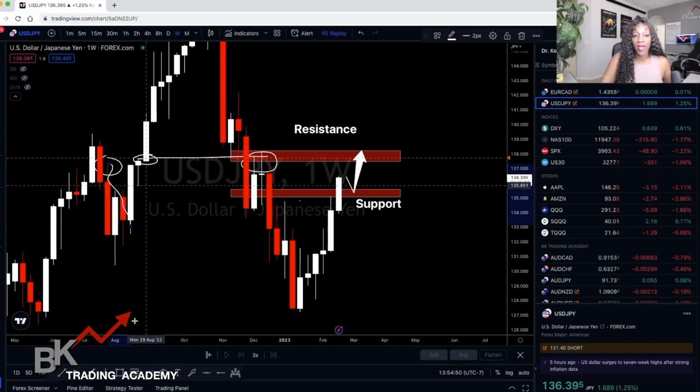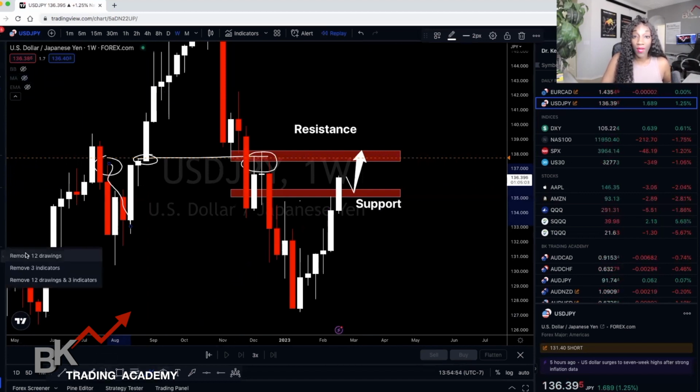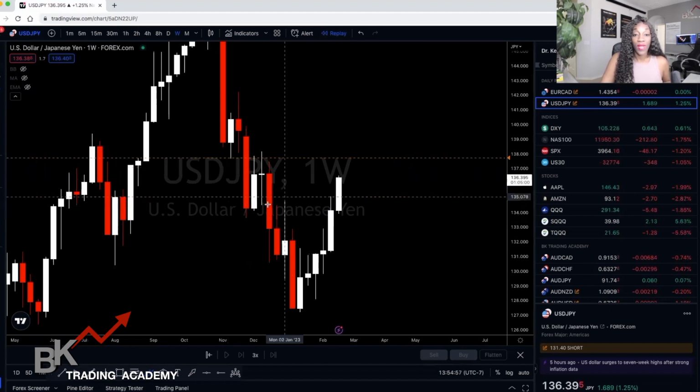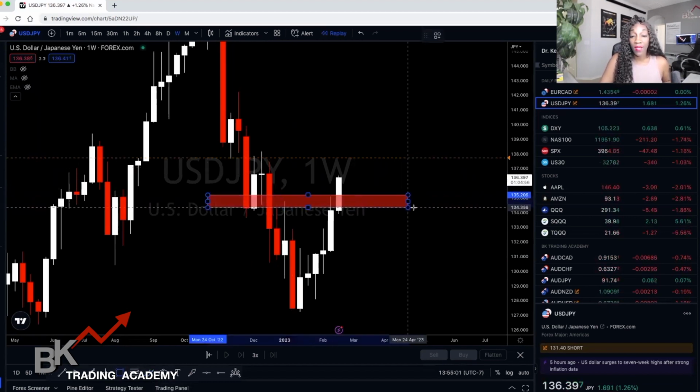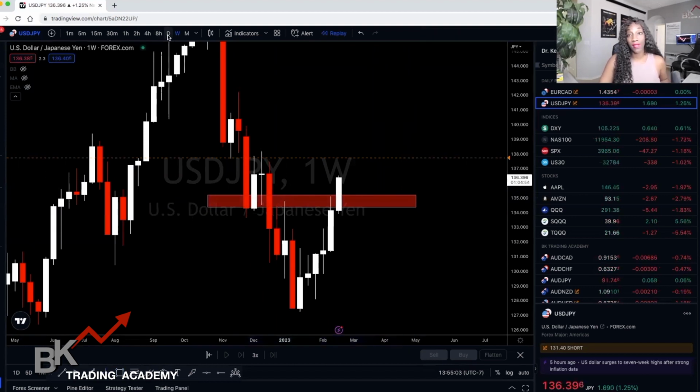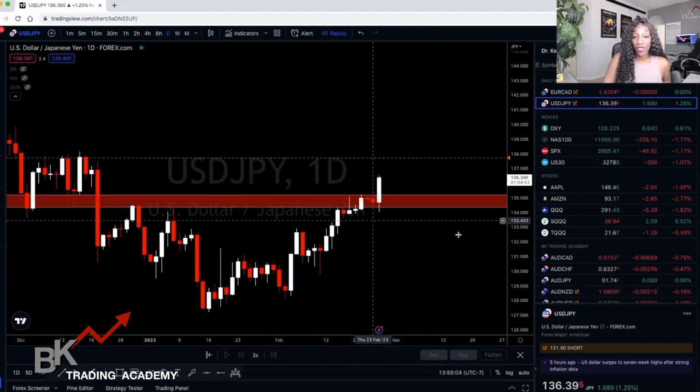But for the purpose of trading these psychological levels, you want to really focus on the round numbers on your chart. Okay. So now again, we saw that this level was taken out here. Now let's go see how this will look on the daily. So if we move down to the daily time frame, now you can see that structure a little bit more